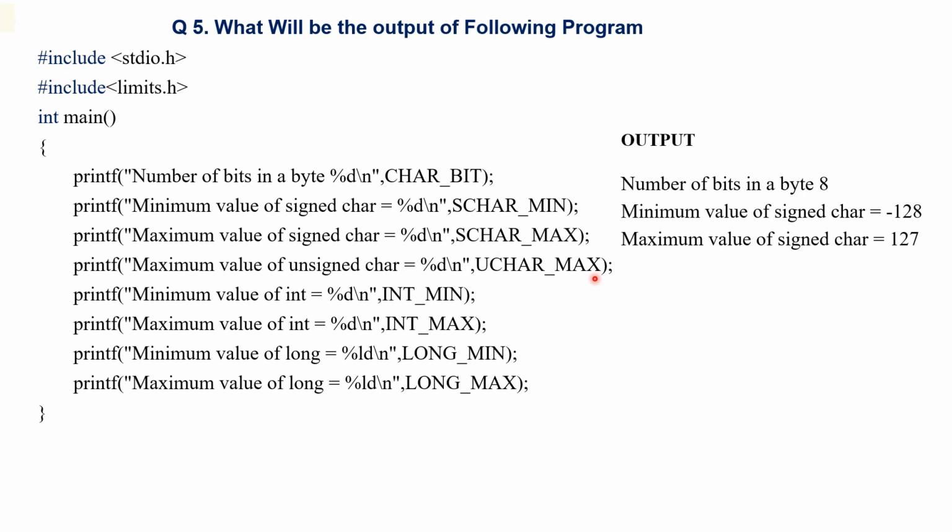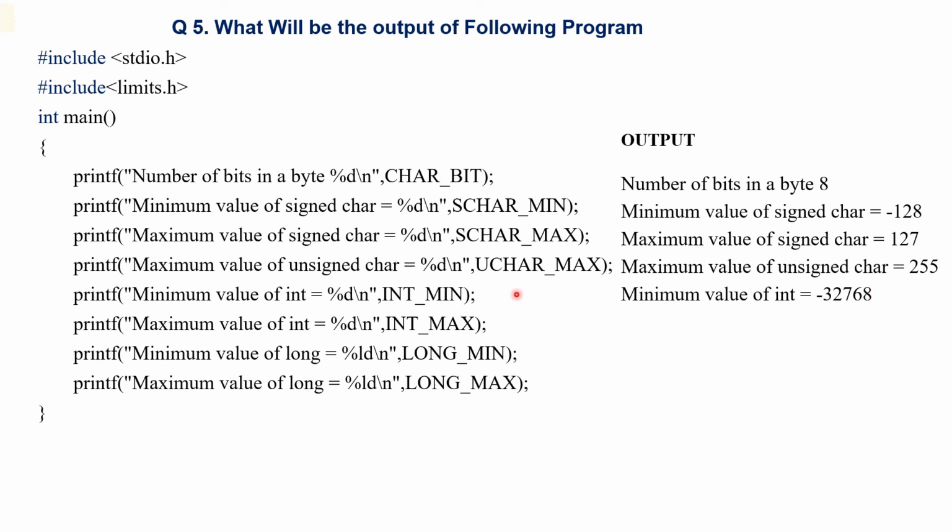So the output for this printf function will be like this: maximum value of unsigned char equals 255. Similarly, consider the next printf function where the macro INT_MIN is used, which returns the minimum value of int, and the 16-bit compilers use 2 byte size for integer value. So the output for this printf function will be: minimum value of int equals